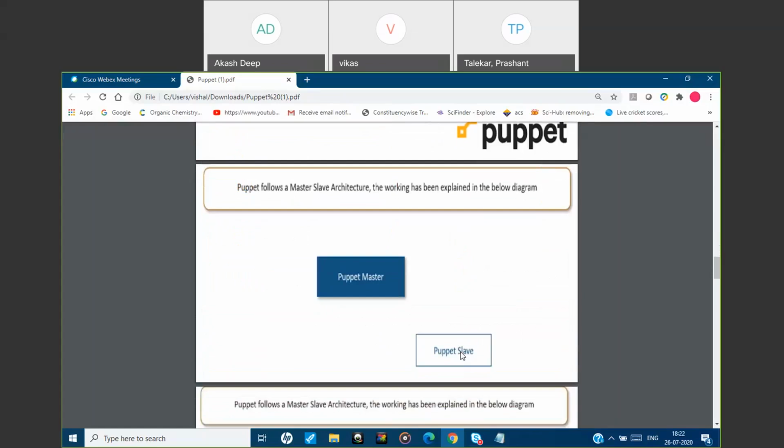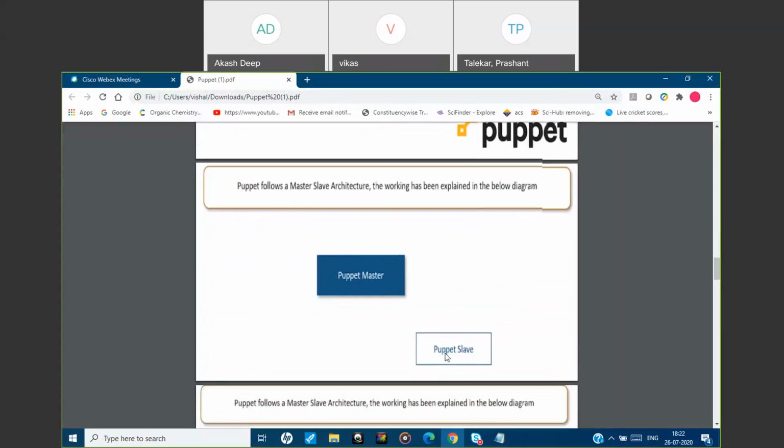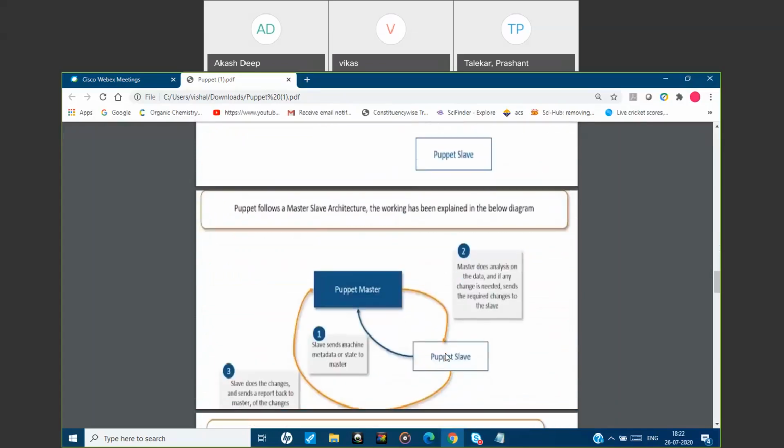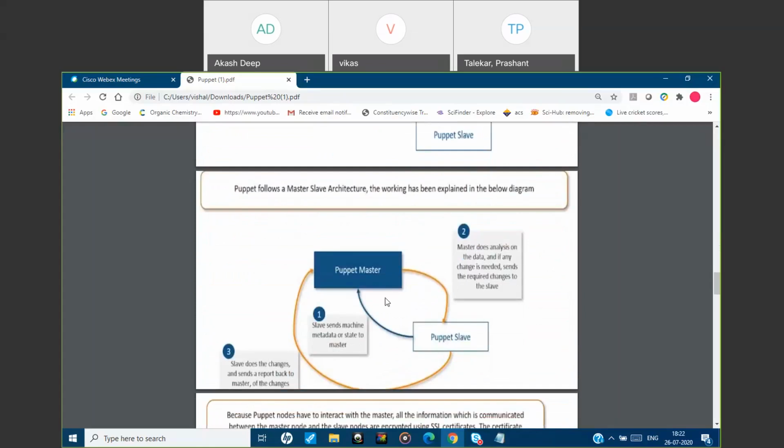Coming to the Puppet architecture. As I told you, Puppet follows a master slave architecture. So there will be one master, and there will be n number of slaves. How does the communication happen in Puppet?